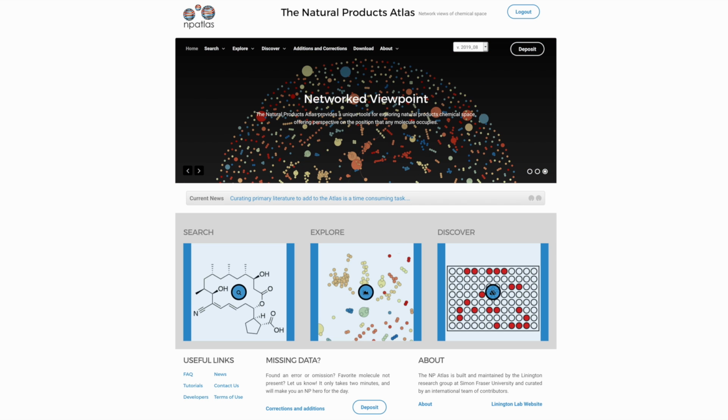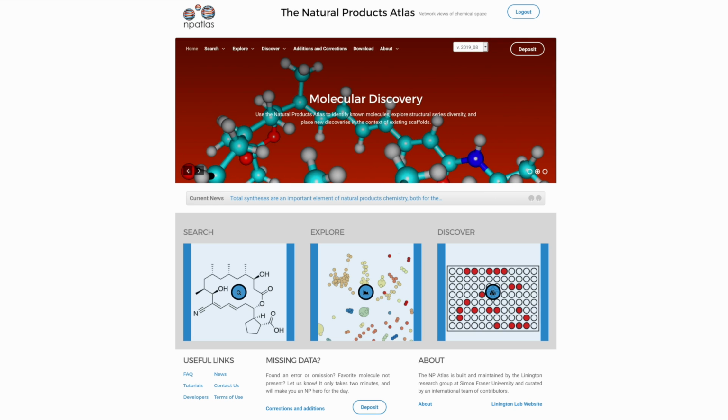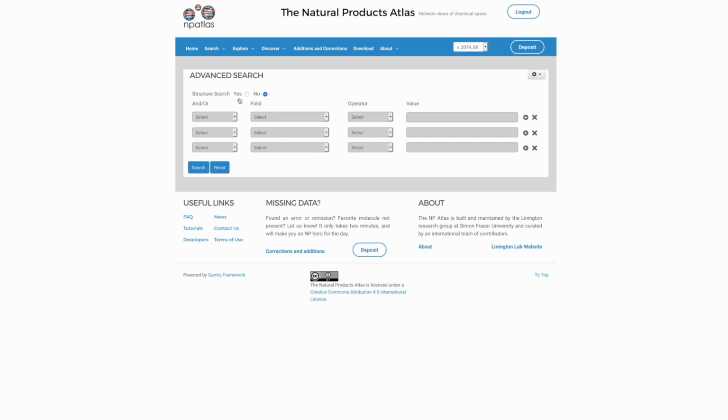This tutorial is going to tell you how to use the Natural Products Atlas to search for compounds based on authors involved in each study. There are two ways that you can do this. The simplest way is to go to the Advanced Search page, and in the Advanced Search page to choose Reference